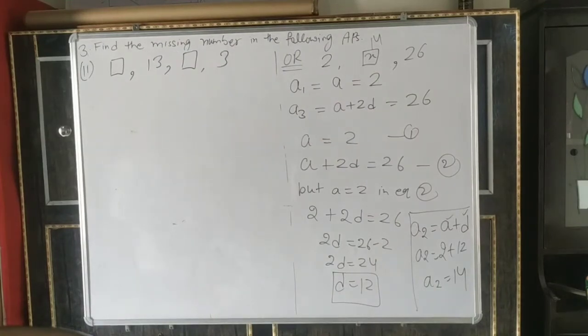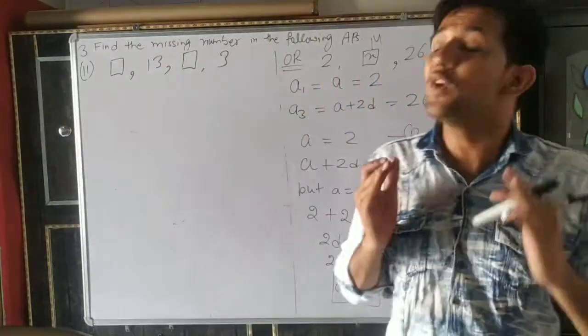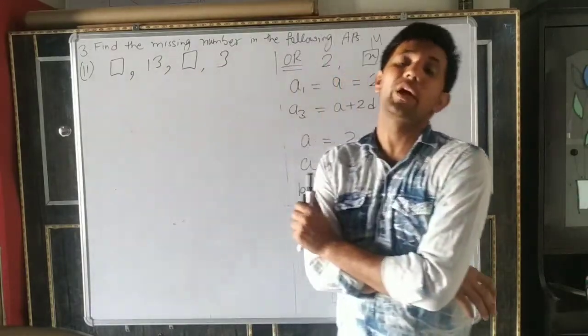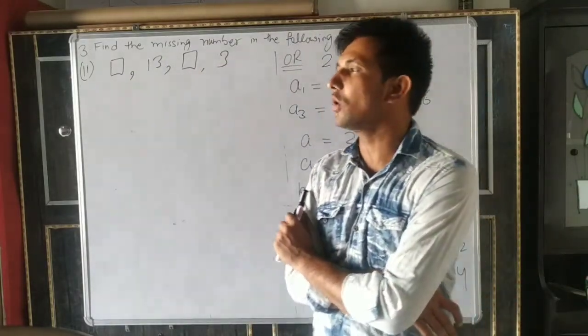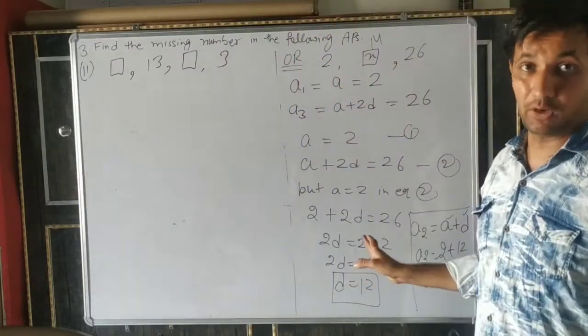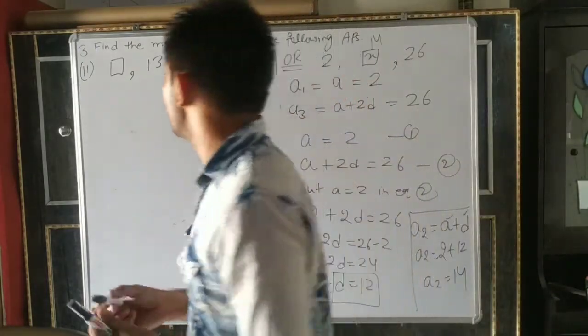Now dear, fill in the blanks. But here two blanks are given, so it is very difficult. First is X, second is Y, and it is becoming two variables. So it is very difficult to solve. So we will do such types of questions always by this formula. Understand here? Because if A is given, then it is very easy.